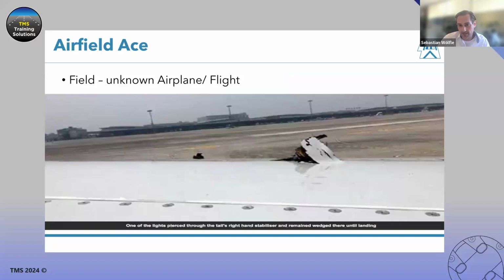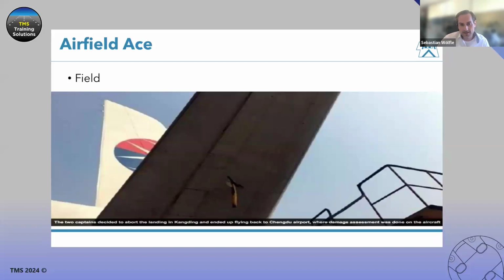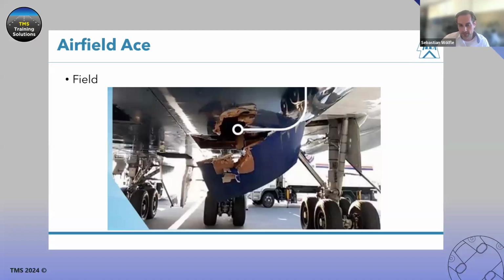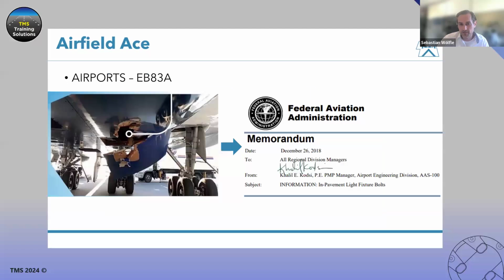And finally, that's the next escalation: an inset light can be pulled into the wing of an airplane. There are a couple of incidents known, but of course they are talked about as little as possible. It's nothing that an airline or an airport really wants to see and talk about. So here are a few examples, and what those examples will cause is an investigation, an incident investigation, and